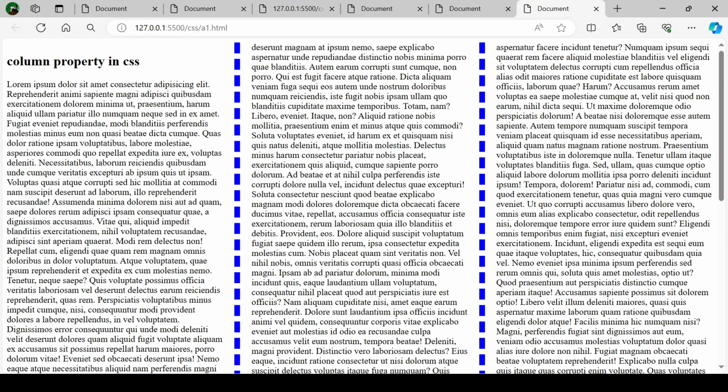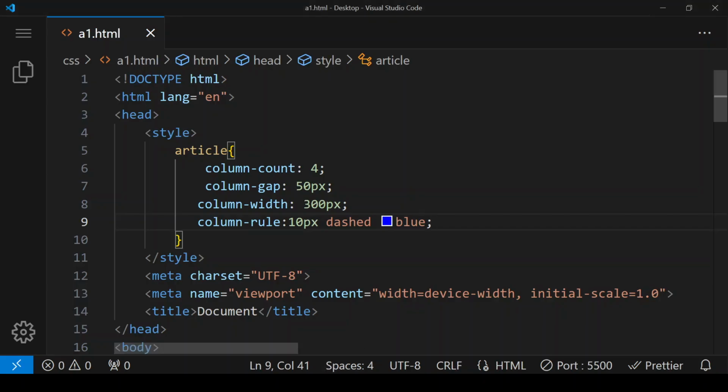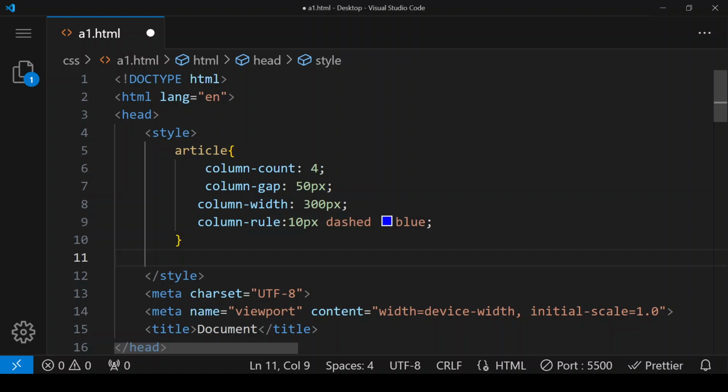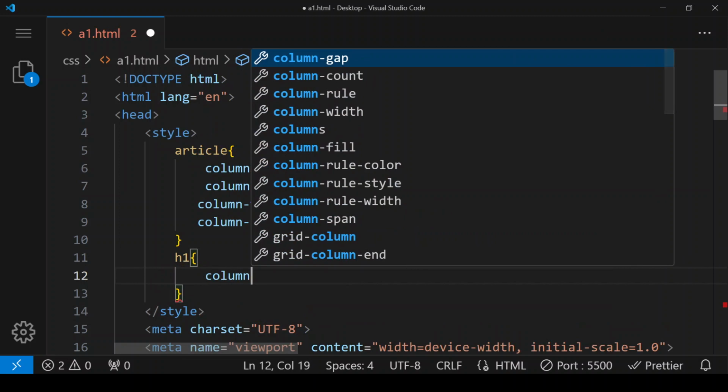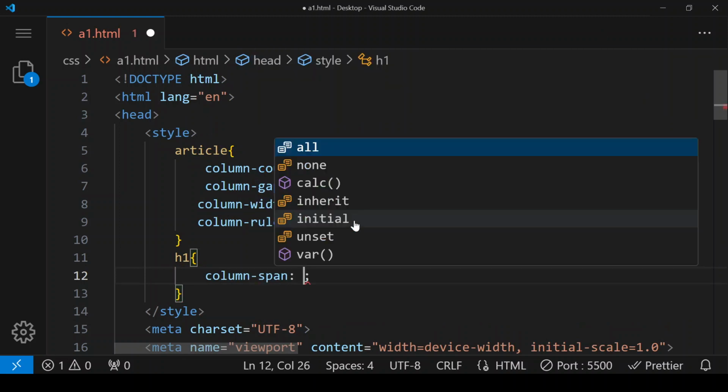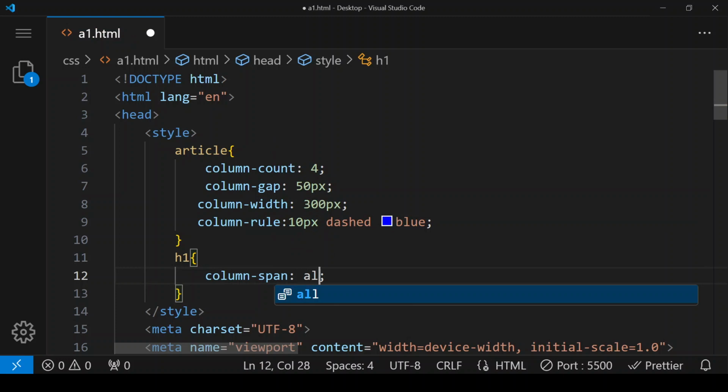Next we are going to use column span property. So what it is going to do, if we are going to use with heading, then it has different values like all, none, inherit, initial. So if we are using all property with the column span property, then this will span h1 heading across all the columns. So we have to give it for heading h1. So here we have to mention h1, and here we have to give column span, and here if we are giving all,